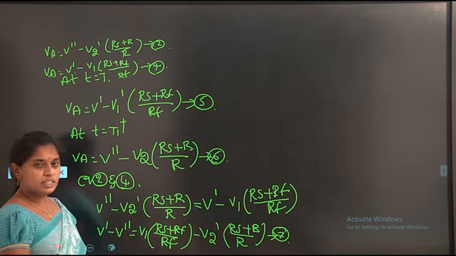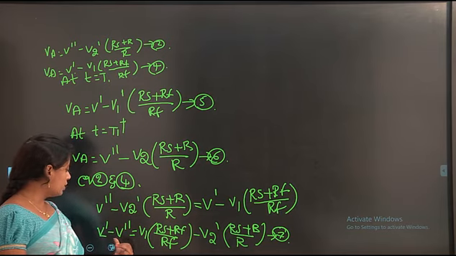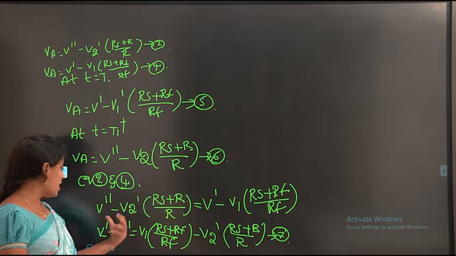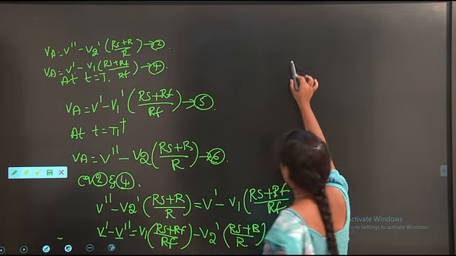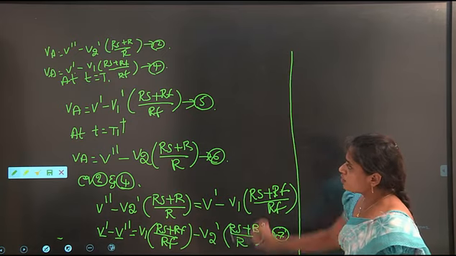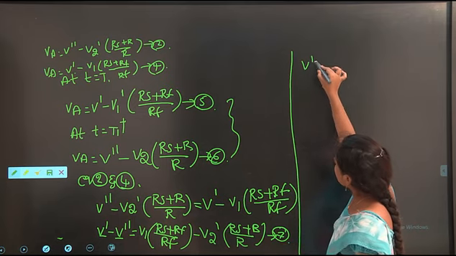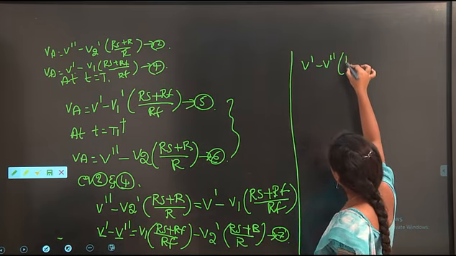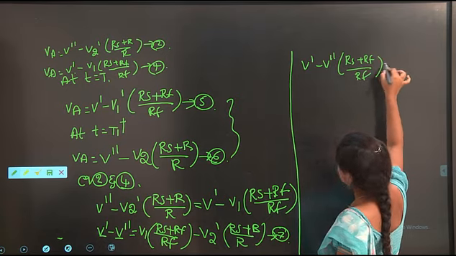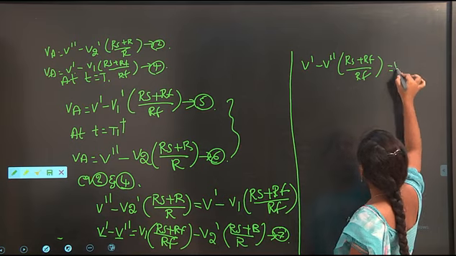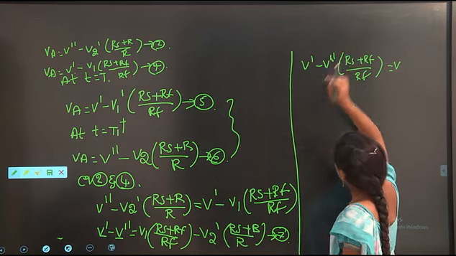By equating these two equations, I just have to indicate the difference between the input and output lines, nothing but V1 and V double dash conditions also. At the same time, we have to equate equation number 5 and 6 in a similar way. By equating these two equations, what happens we have to observe. V dash minus V double dash times (RS plus RF) by RF, which is equal to V double dash, sorry, here that one is V1 dash.